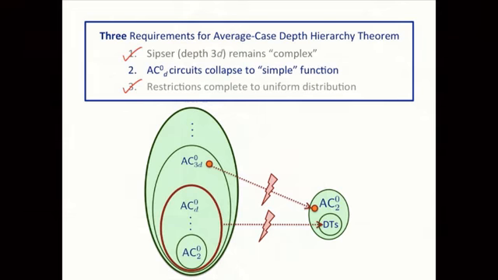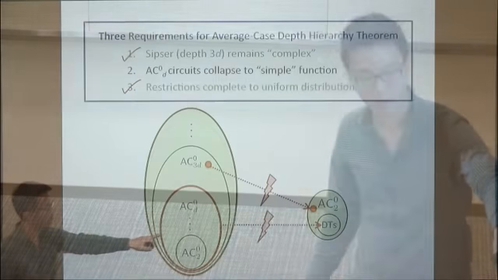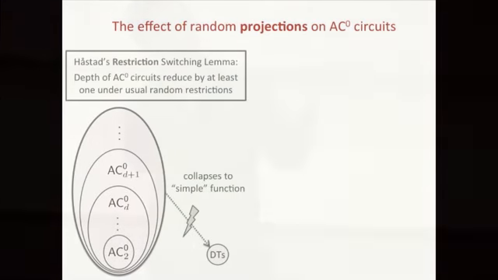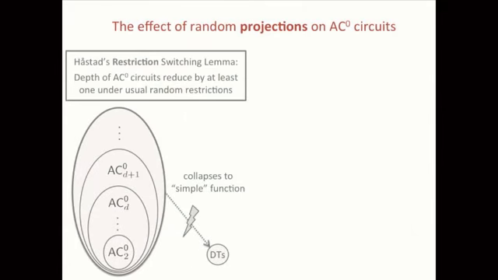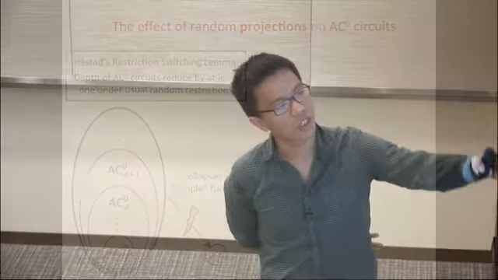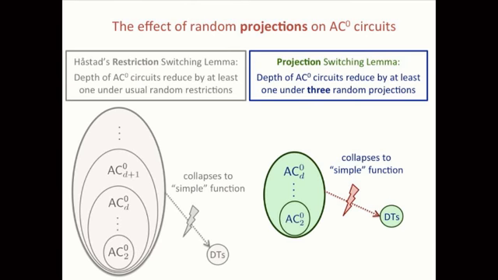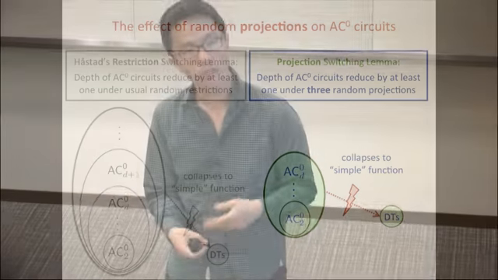Okay, so the last step, the AC0 collapses to a simple function. I wouldn't go into detail, but as a last slide, as you would expect, we had to prove what Hastad proved, but for our random projections. So the key in Hastad's proof was a random restriction argument showing that any function in AC0 collapses to a simple function under random restrictions. You would hope that under one stage of what I described, just putting down ones and grouping things in the yj, you collapse by at least one, in which case we can apply it many, many times. We couldn't do that, at least for this random projection, but we could prove it if you allow me to